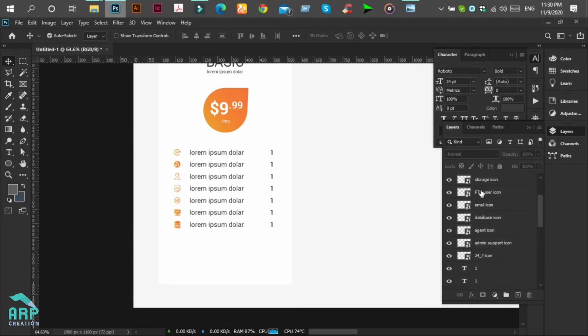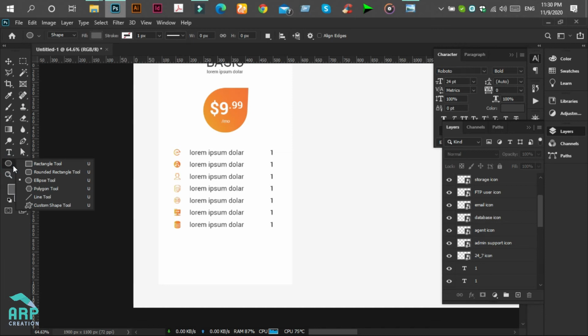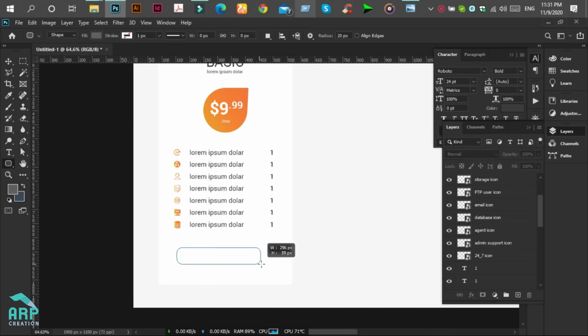Okay, now we will create an order now button. So choose the rounded rectangle tool and change the radius size to 20 pixels and create a new rounded rectangle.